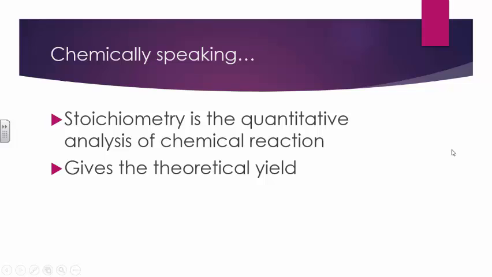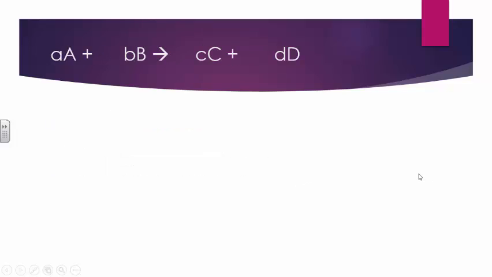So stoichiometry is the quantitative analysis of our chemical reaction. Quantitative means numbers, so we've got to use math here. And it gives us what we call the theoretical yield, and we're going to be using that in the next learning target. So here's a balanced equation, just a generic equation here, where the lowercase letters are your coefficients, uppercase